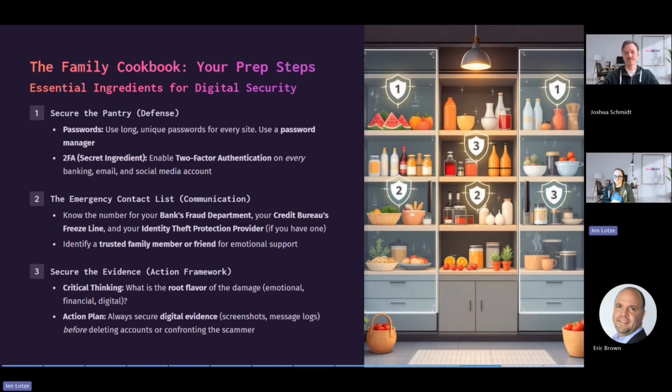As we think about this, you want to have a really strong defense. Think about your passwords, that password manager, that multi-factor authentication. Know your bank's information, have those credit bureaus saved in your phone, know who you're calling. Don't forget Novus, because it's not something we hear about on TV. Identify a trusted partner or family member who's going to be your temperature check, right? So if something feels off, call someone else and just ask, and they might give you some insight. And then secure that evidence. Get to the bottom of it, collect as much as you can, screenshots, pictures. Don't delete those accounts. They will come in handy later.